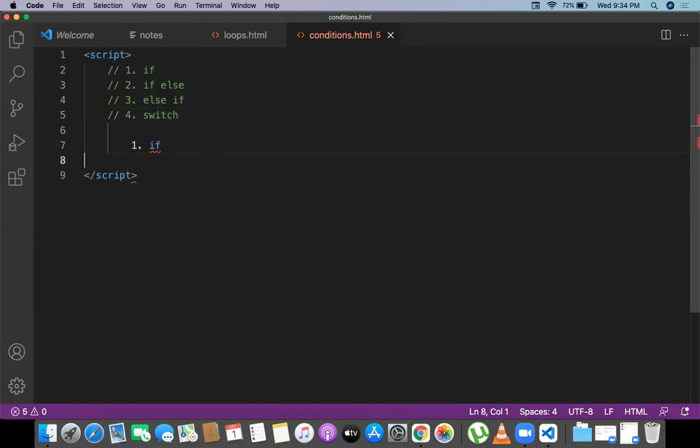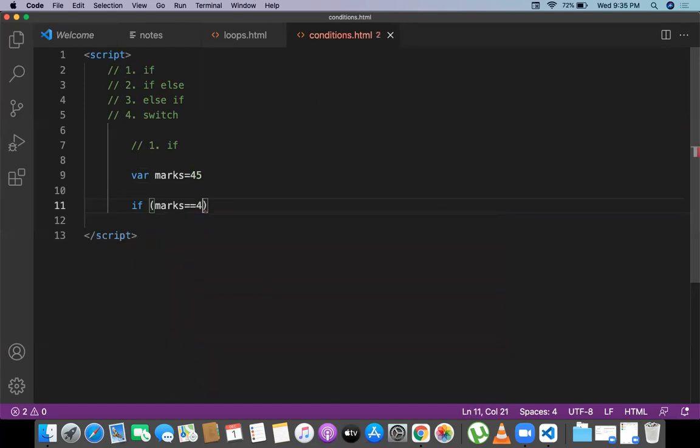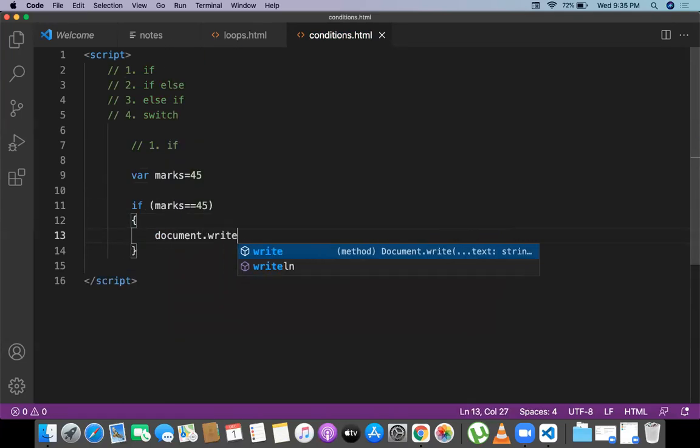First one, the if condition. So the if condition is going to work something like this: marks is equal to something like 45. If marks is equal to 45, if marks are equal to the number 45, then you can write something like document dot write okay.